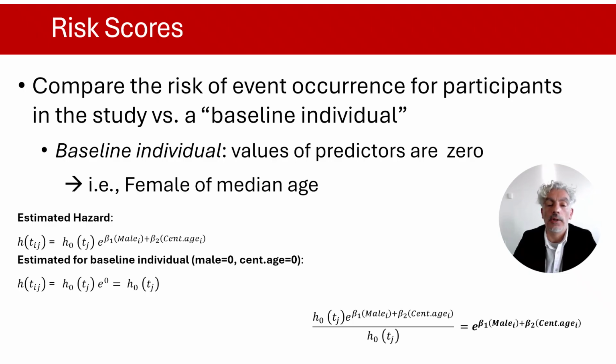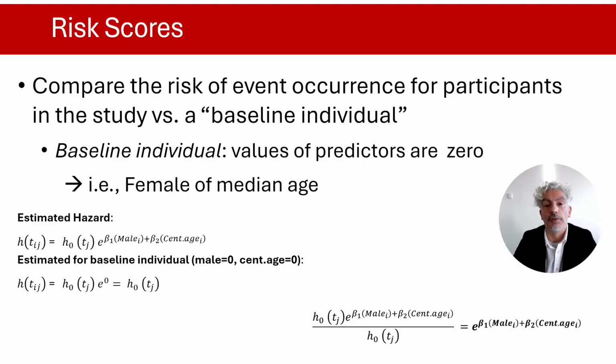Individual risk scores allow us to summarize the effects of several predictors in a Cox regression model. So they are attractive, especially when we are looking at complex models with multiple predictors. In these cases, it may be difficult to appreciate the role of different predictors, and risk scores provide some help,